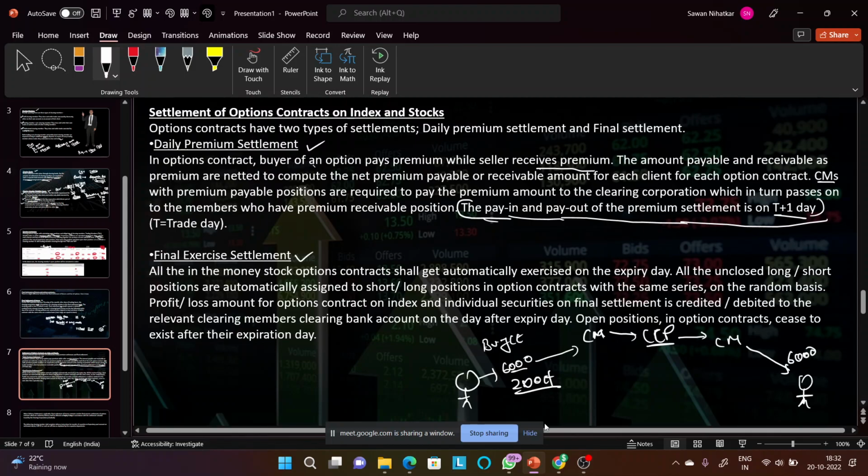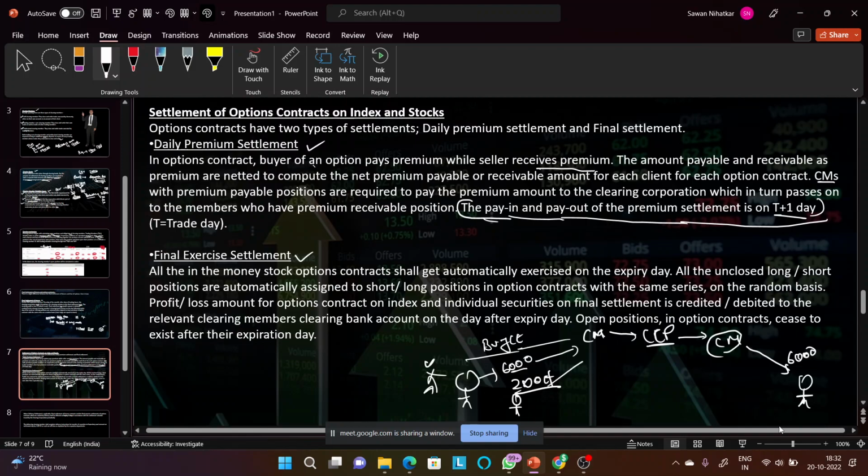So what will happen is my clearing member, and there will be several other people like me who will be there with the clearing members. So ये इन सब का जो जितना भी लॉन्ग पोजीशन है या फिर शॉर्ट पोजीशन है जो मैंने बाय किया है, सेल किया है, तो जो लोगों ने बाय किया है वो अपना सारा प्रीमियम इसके अकाउंट में जाएगा क्लियरिंग मेंबर के, जो पूरा सब कुछ चीजें सेंट्रल क्लियरिंग कॉर्पोरेशन में ये करेगा, डिपॉजिट करेगा, and then that clearing corporation will match the trades, और उसके हिसाब से वो सारा मनी उन क्लियरिंग मेंबर्स को जाएगा जिनके यहाँ पे शॉर्ट पोजीशन वाले कैंडिडेट्स हैं, and that premium will be deposited into their account.